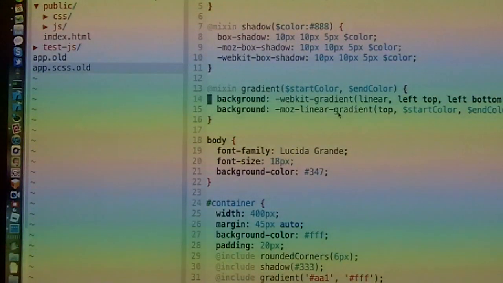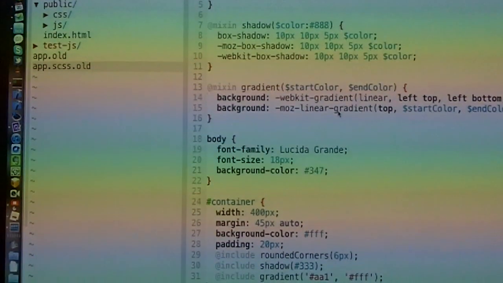Any last questions? CSS3 everywhere now. Yeah, I mean,